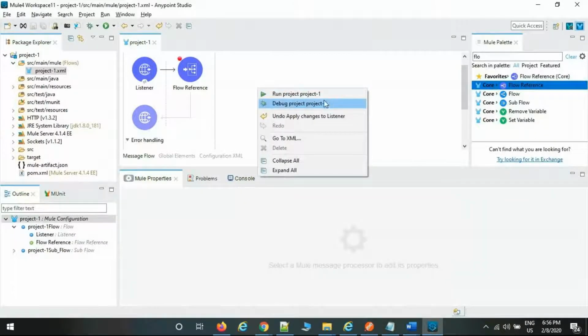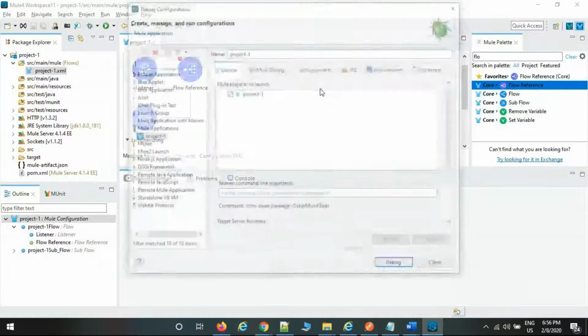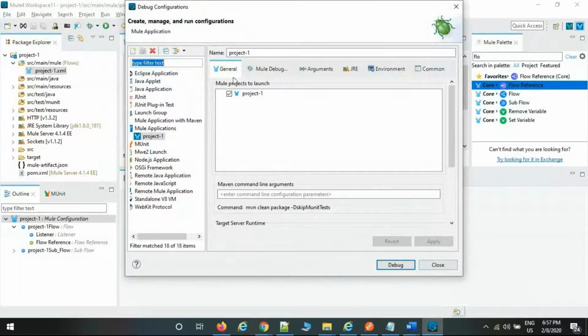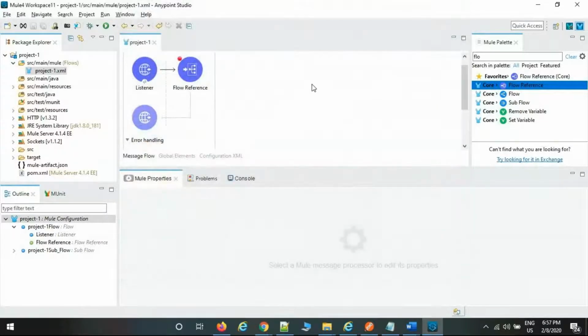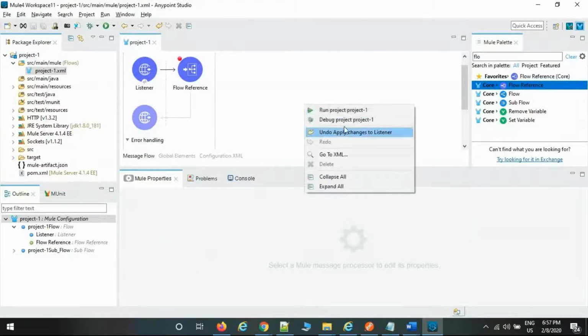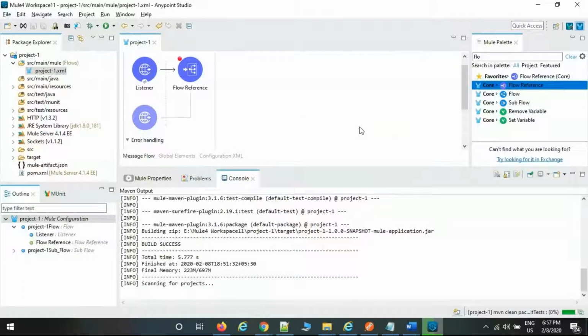Right click, run as debug mode. The same way I told you yesterday. If you want to run from here also, you can run the debug operation. This is the operation in the flow here. This is the one, debug mode. Select this one, run as debug mode. This is the lengthy process. This is the shortcut one, run as debug mode. Now it is running in debug mode.